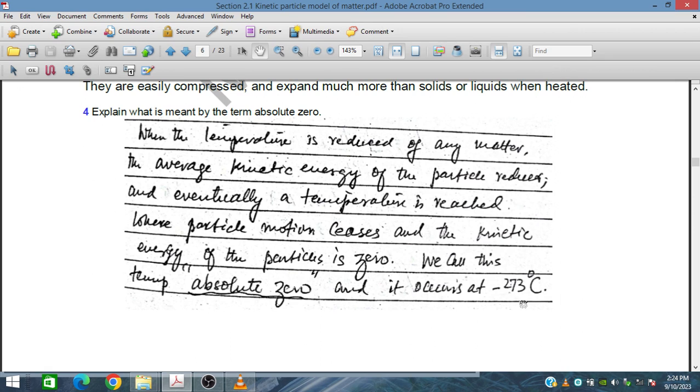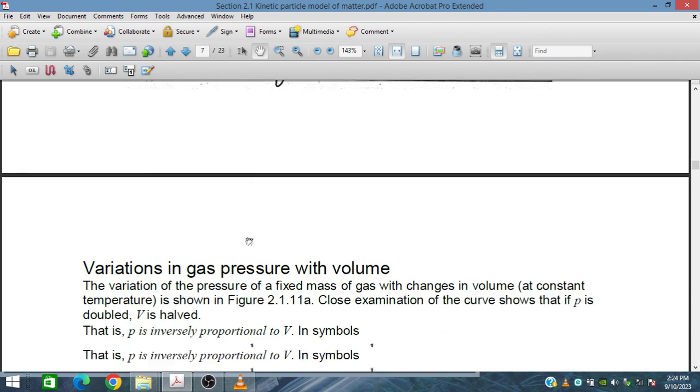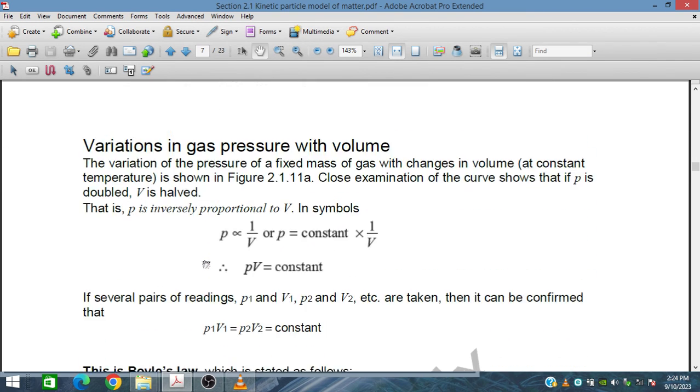At this temperature, the vibration of the particles ceases and there will be no motion, so everything will be dead. That's a theoretical temperature, where the particles cease to move. The variation in gas pressure and volume will be discussed in the next